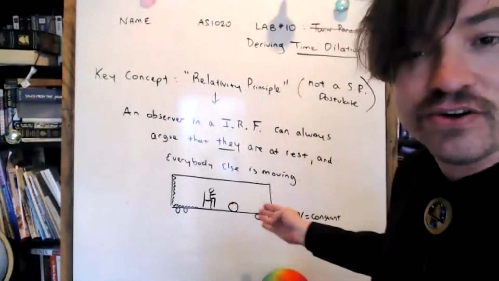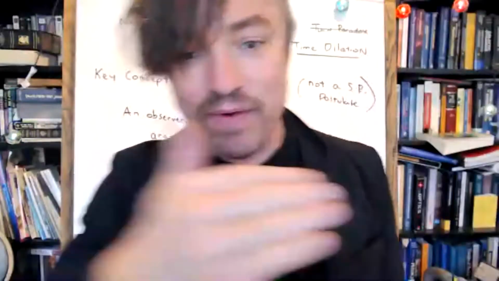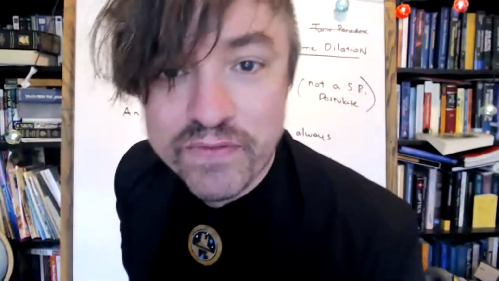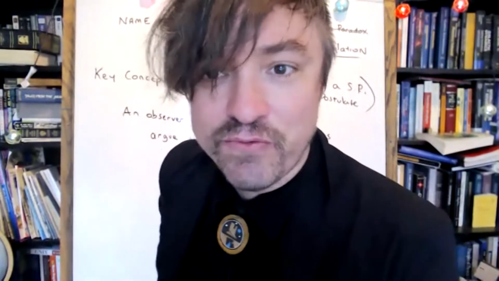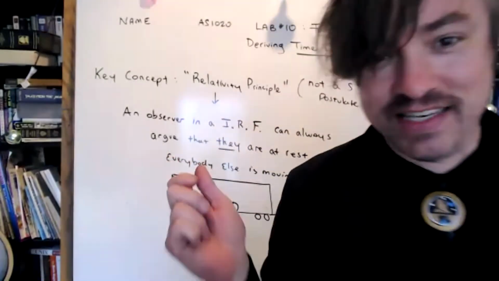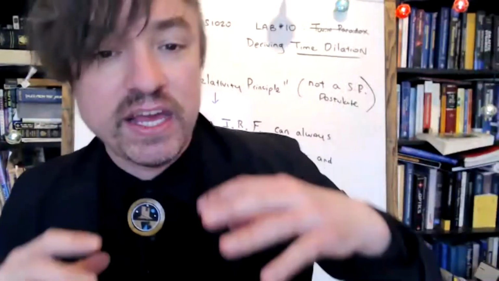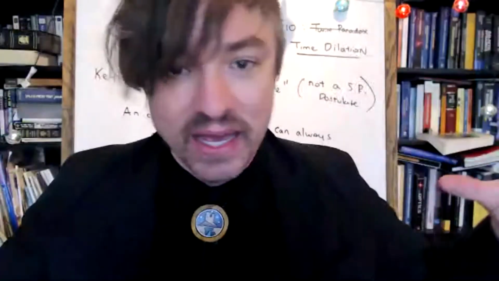An observer in an inertial reference frame can successfully convince themselves that they're at rest. After all, when the policeman pulls you over and says, do you realize that you were doing 80 miles an hour in a 30-mile-an-hour school zone? You don't reply to the policeman, 80 miles an hour with respect to what, sirrah? That would be a great way to get a taste of his brand new billy club right in your mouth. Okay, so you don't play those. It's assumed that everyone knows who is moving because you're moving relative to this epic inertial reference frame that cannot be questioned called the ground.